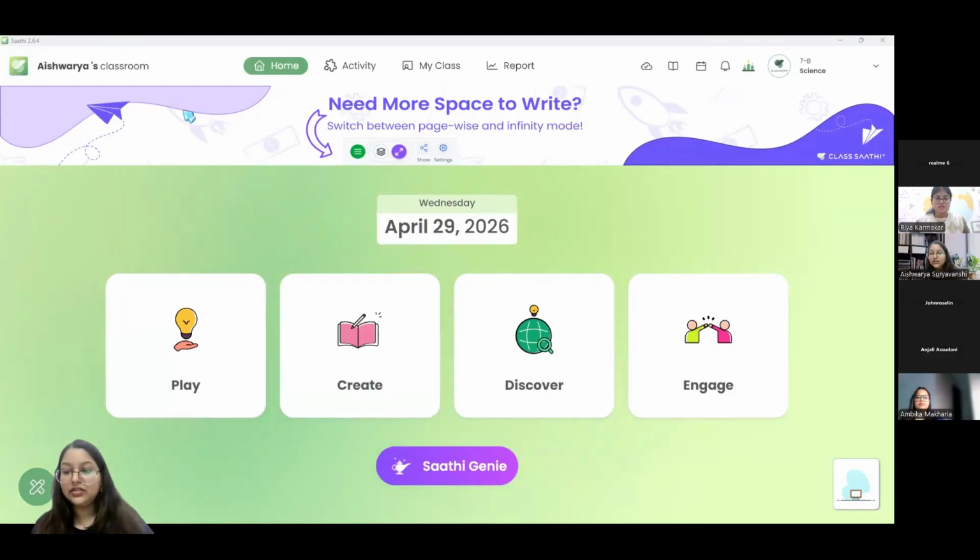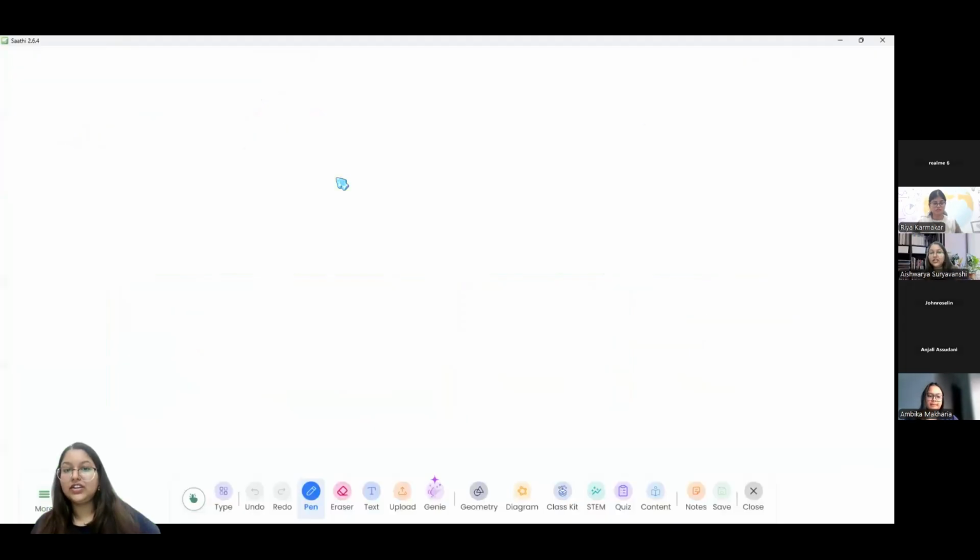So you mean you are using a particular page, in the sense you are using the whiteboard for annotation, if I'm not wrong, and you would like to use the quiz within the annotated board itself. Yes, ma'am. Of course. Since I'm using my laptop, the screen is small, so I'm not able to show you fully. You will be using it on the interactive panel.